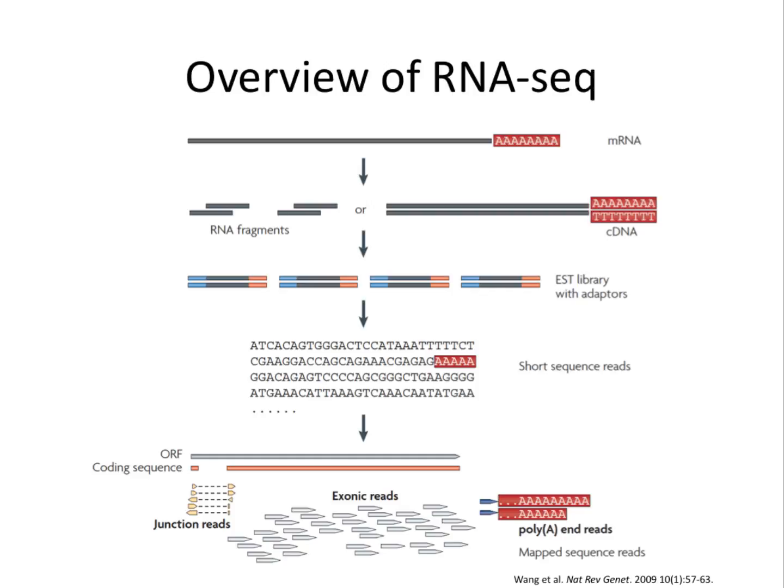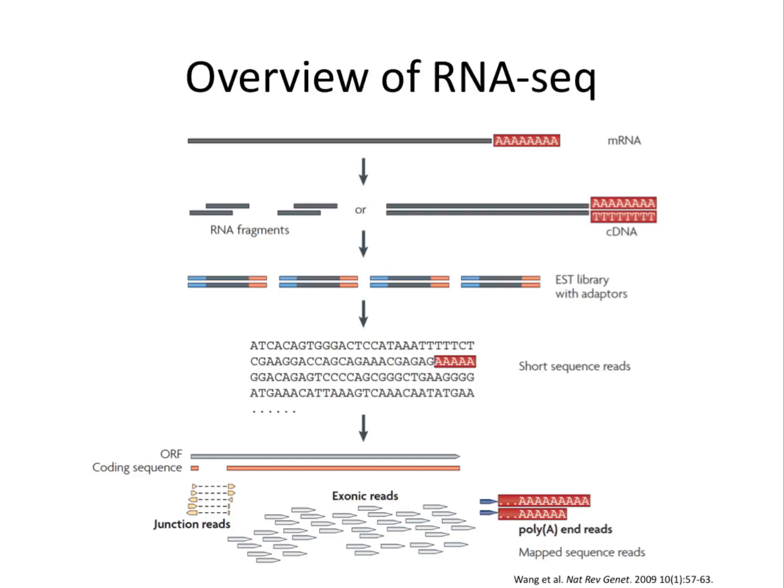Briefly, after RNA isolation, mRNAs undergo poly-A selection or ribosomal RNA depletion, and then are converted into a library of cDNA, or complementary DNA, fragments ideally greater than 100 base pairs in length. Sequencing adapters, depicted here in blue, are subsequently added to each cDNA library fragment. These adapters contain identifier barcodes that allow for multiplexing of different samples to run in the same lane.